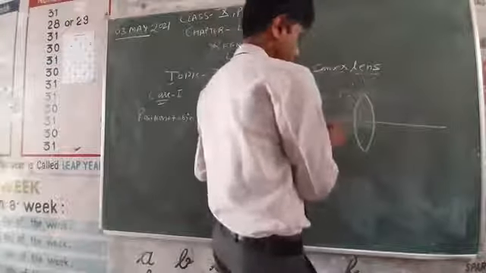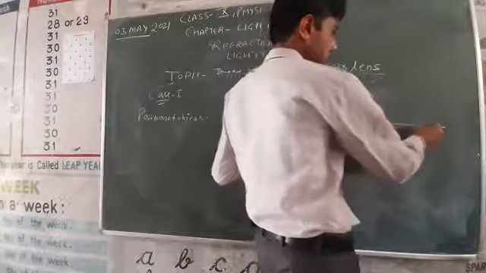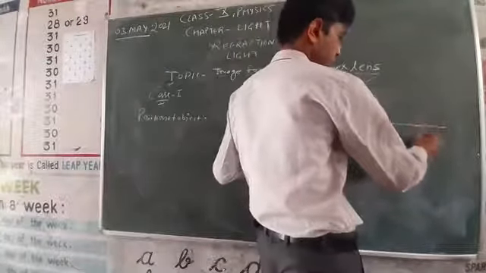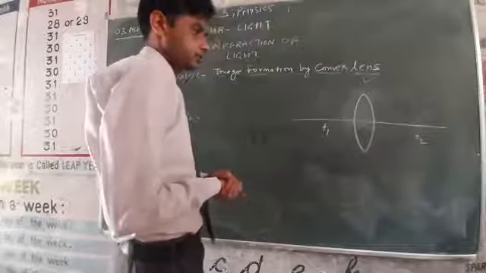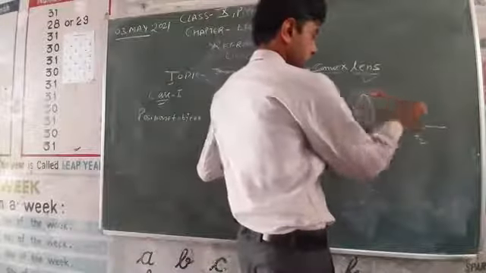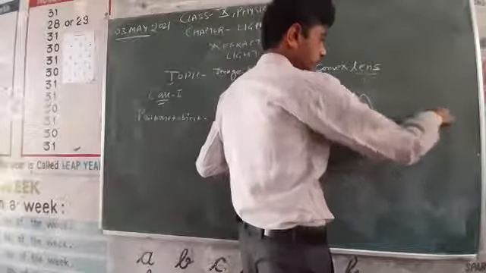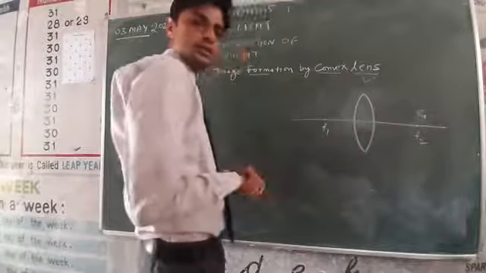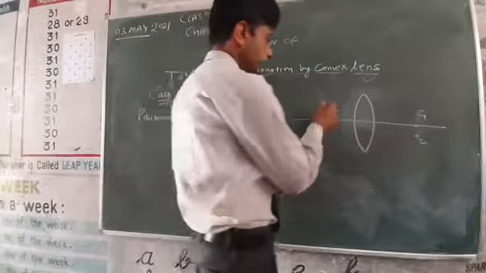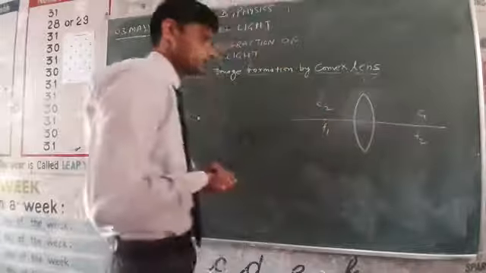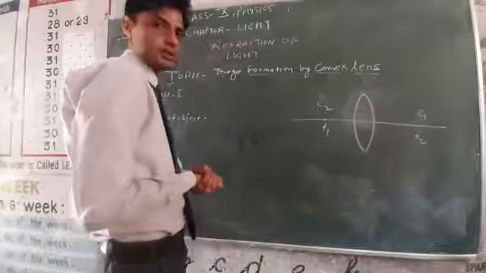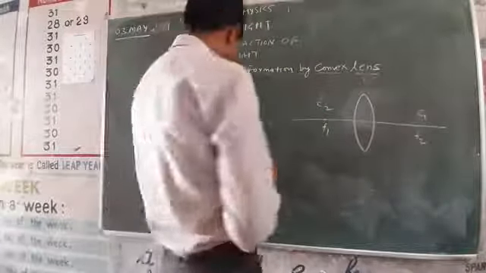At this point is the first principal focus, and at this point is the second principal focus. And this is C1, the center of curvature, and this is C2, the second center of curvature. So in case first,